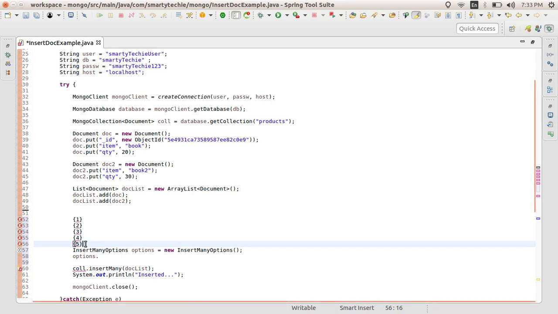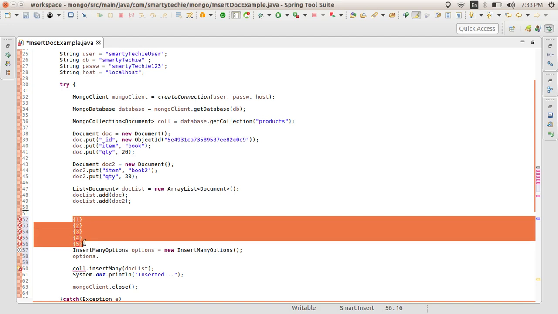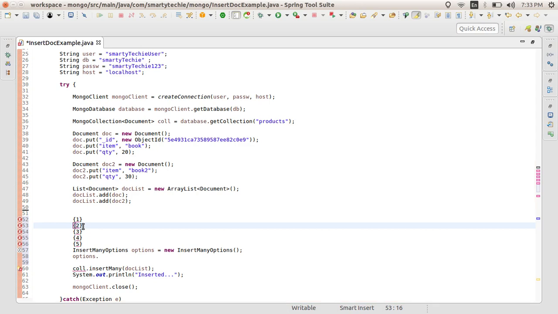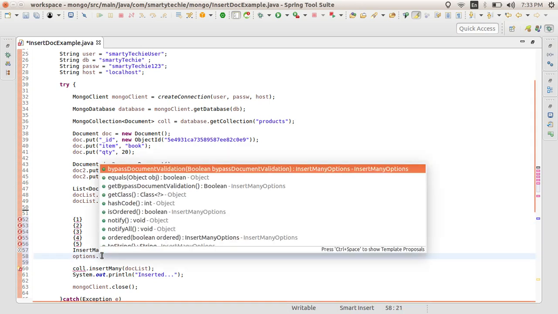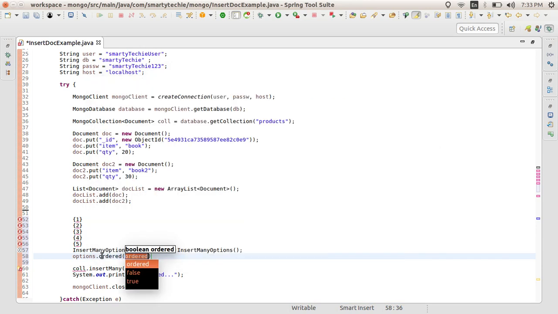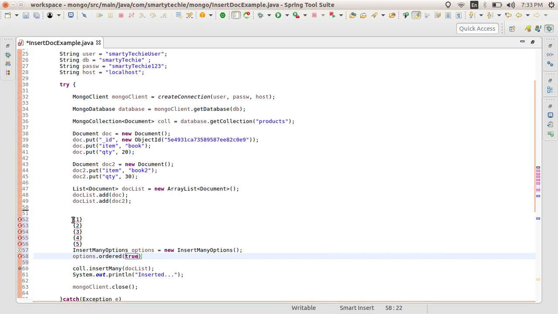And you want to insert your documents in the same order, that is, first should be inserted first, second should be inserted second. In that case, you can provide ordered. If you provide true here, it will insert in the same order that you have provided.